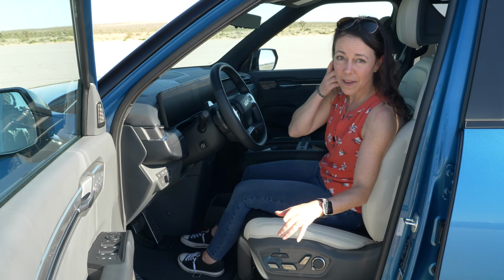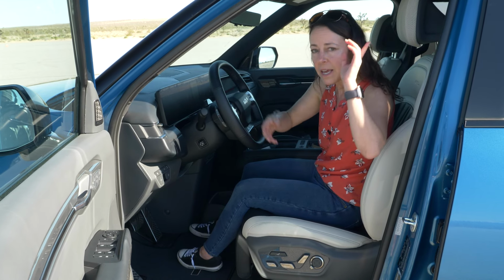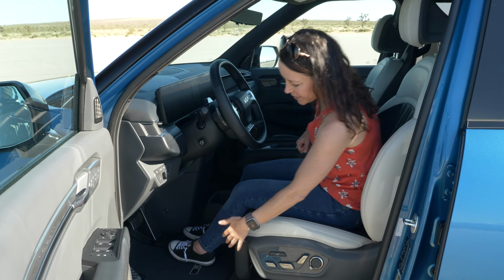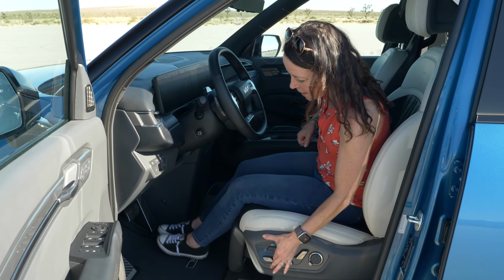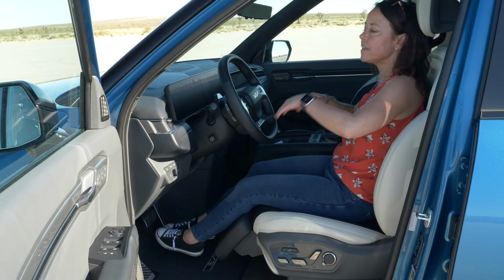I feel like the seat bottom on this vehicle is just a little bit too long for petite drivers. Obviously not a problem for tall drivers, but compounding that is the fact that this specific model has the recline feature, which has this leg rest here that slowly pushes out and allows you, when you're charging, to kick back and relax and read